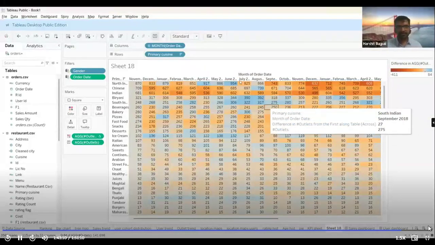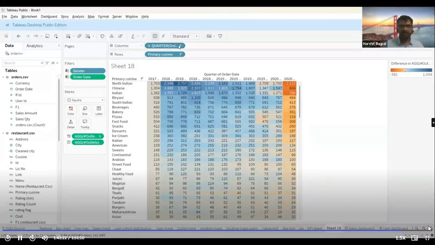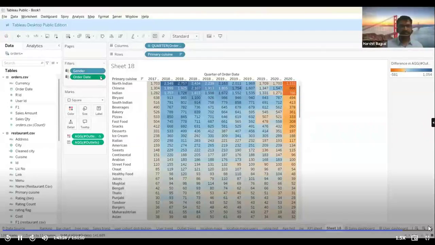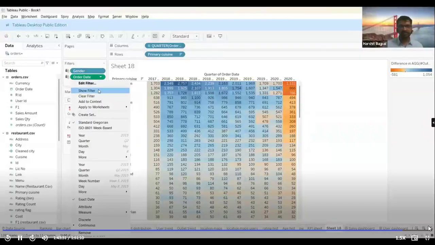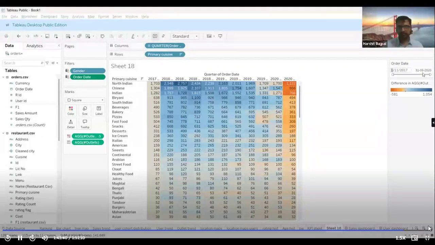Yes. Now this is too lengthy, right? So instead of that, we'll have quarter. So what we can do is, all the data, let us have with respect to quarter, okay? So that it is much easier to visualize, okay? From Jan 1st to